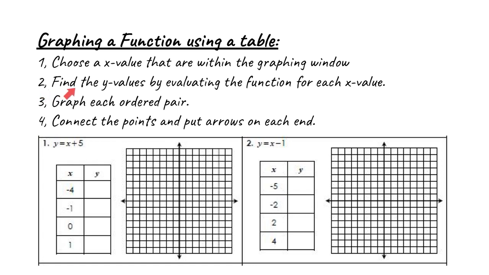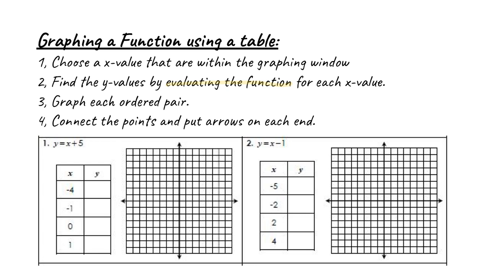Second step, you're going to find the y value by evaluating the function for each x. So when you hear evaluating the function, you're going to take the x value and put it into the function. Then you're going to graph each ordered pair. So we're going to go ahead and put a dot and graph the ordered pair where they are. And then fourth, you're going to connect the points and put the arrows on each end of the line, because the function is most likely going to keep going if it is a line